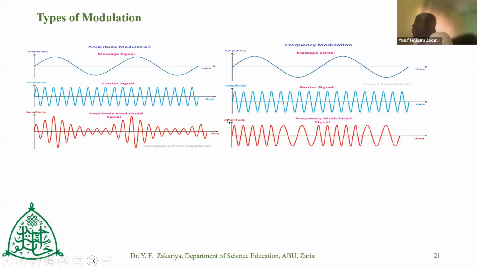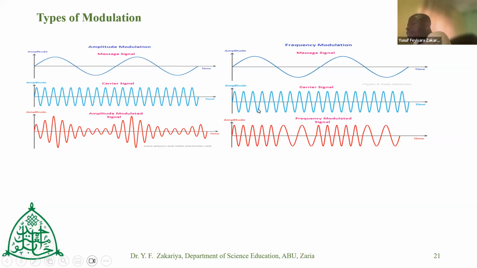Good. Then again, we'll talk about the frequency modulation. The first one up here is actually the ordinary sine wave. And the second one again is the carrier wave. But now when you look at the frequency modulated wave, you can see the difference. By the way, when we say cycle, look at where my cursor is: you move up like this, you move down, and then you get back to the base. This is a cycle.